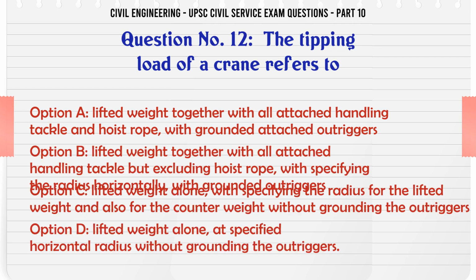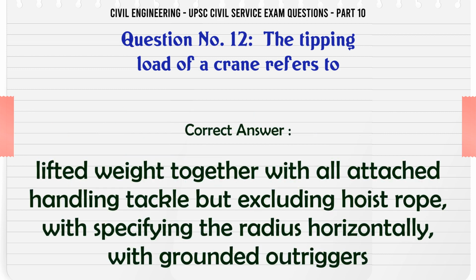The tipping load of a crane refers to A. a lifted weight together with all attached handling tackle and hoist rope with grounded outriggers. B. Lifted weight together with all attached handling tackle but excluding hoist rope with specifying the radius horizontally with grounded outriggers. C. Lifted weight alone with specifying the radius for the lifted weight and also for the counterweight without grounding the outriggers. D. Lifted weight alone at specified horizontal radius without grounding the outriggers. The correct answer is lifted weight together with all attached handling tackle but excluding hoist rope with specifying the radius